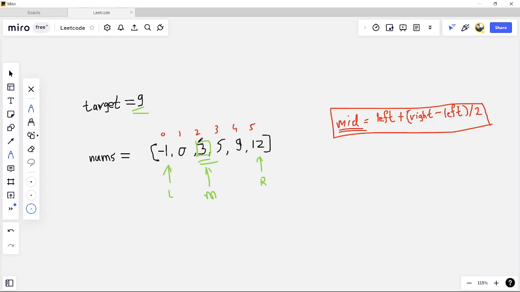If our target is greater than our mid element, that means the target might be present in the right half. Otherwise, it must be present in the left half, if the target is less than our mid element. In this case, as our 9 is greater than 3, we should not care about this left half, and we should only care about this right half, and hence we move this low pointer to mid plus 1,